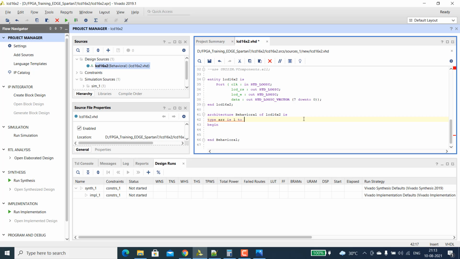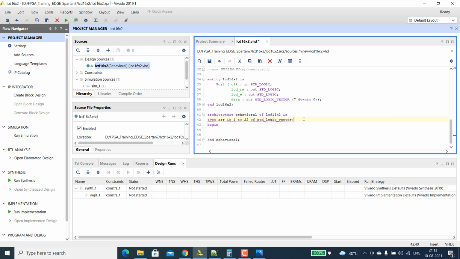We usually have something like 5 control signals, which are for initializing. Then we have the 16 characters of data we are going to display. So 16 plus 5, we keep it at something like 22 maximum, of standard_logic_vector.